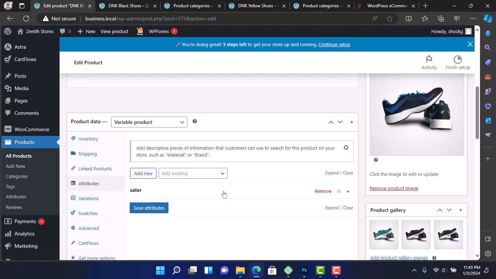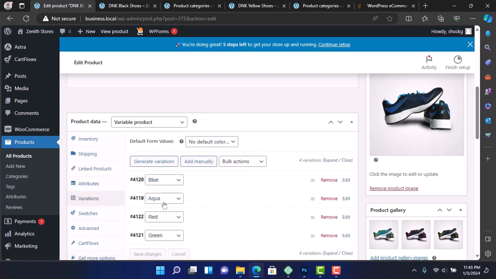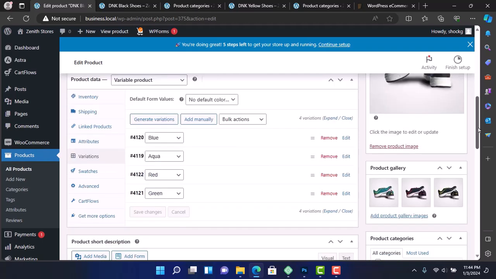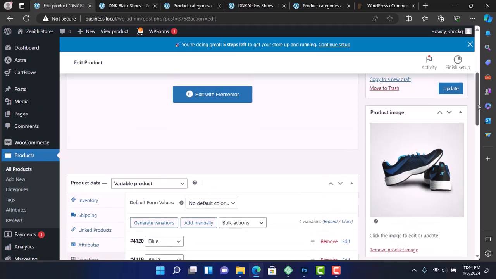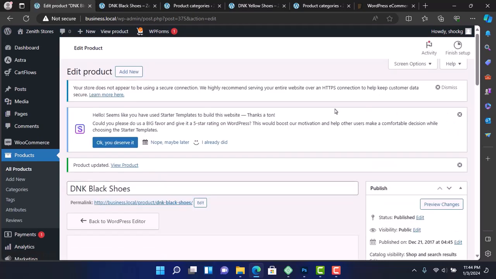Now the variation of this product is color. So if you have different sizes, you can equally add a new one, and that will be for the sizes. And the variations for the color are blue, aqua, red, and green. And once we are done with that, then we can update. So I click on update, and this is going to update. So now if we refresh,